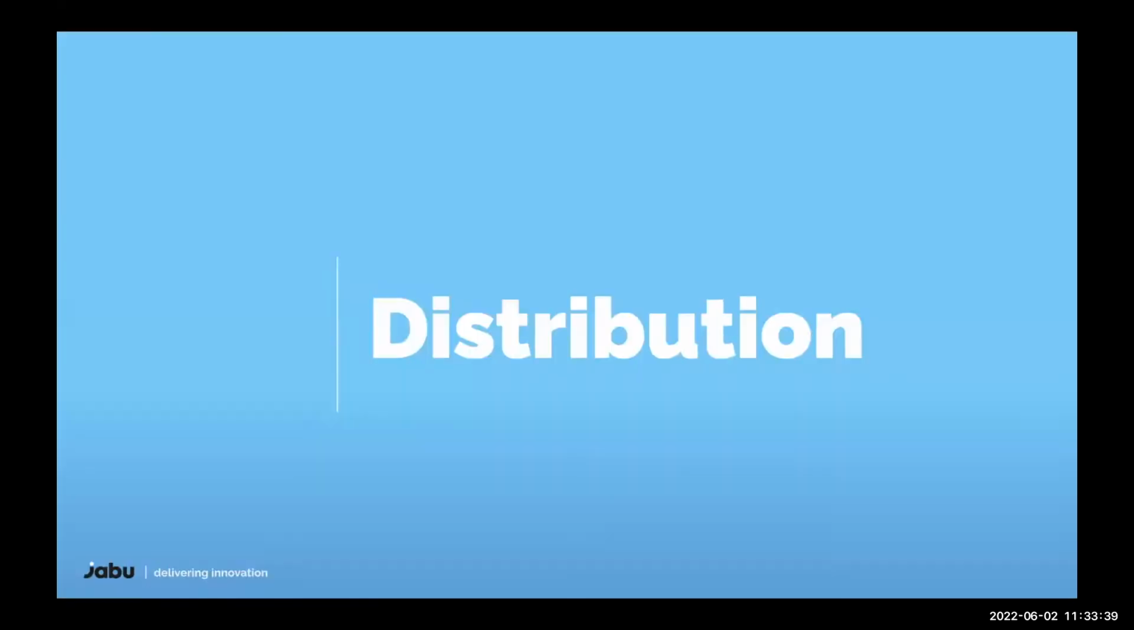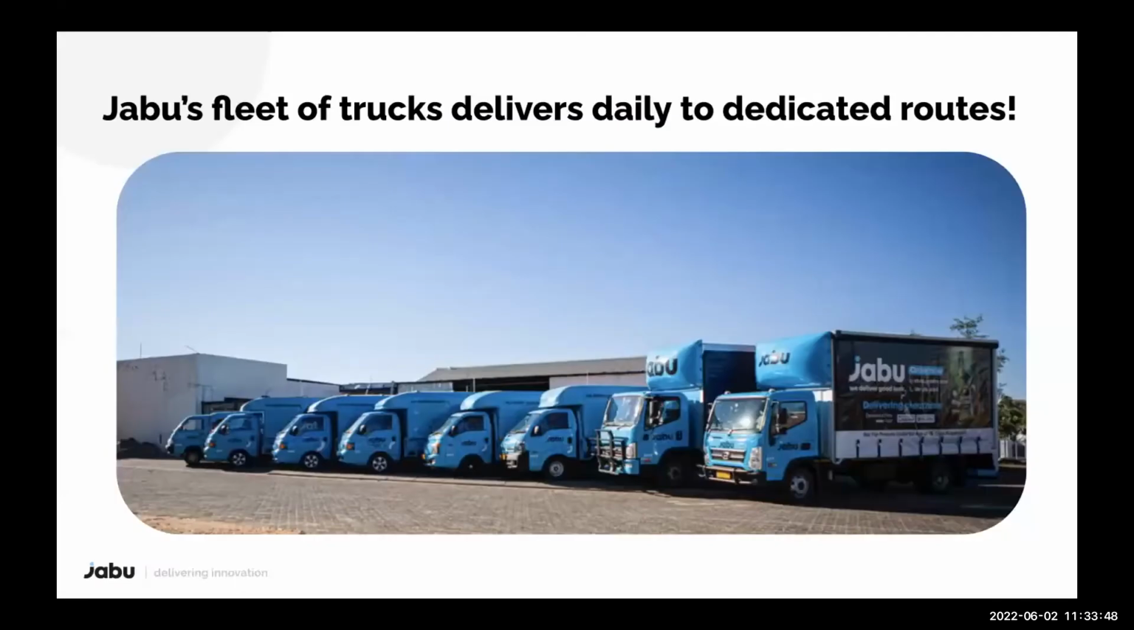And what usually happens when they can see all the products is that they get very excited, they want to order, and they want to receive that stock. And so that's where the distribution comes in. JABU has a fleet of trucks that delivers daily to dedicated routes. So here's a glimpse of some of our trucks, and many brands or producers actually choose to book exclusive routes